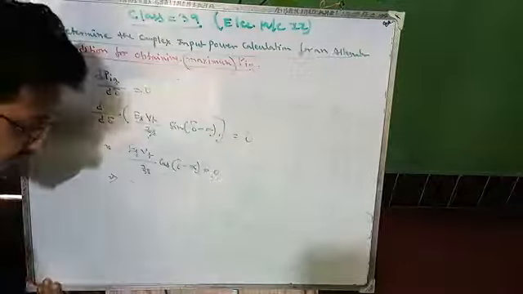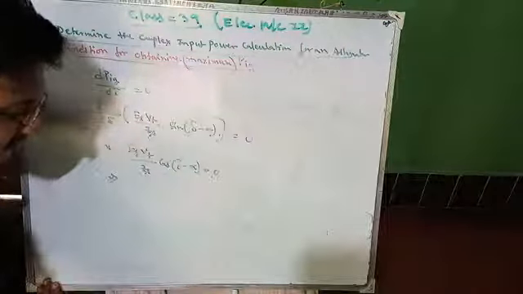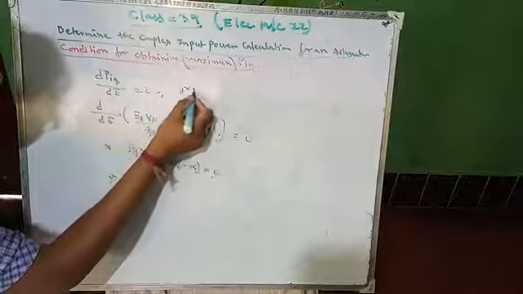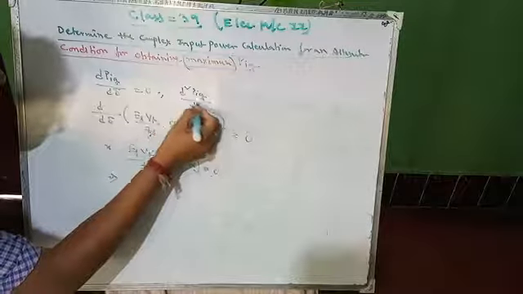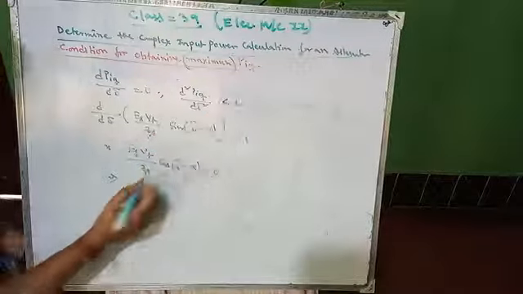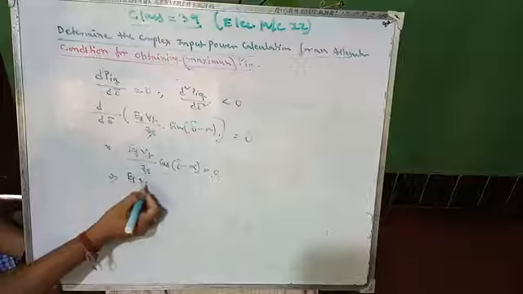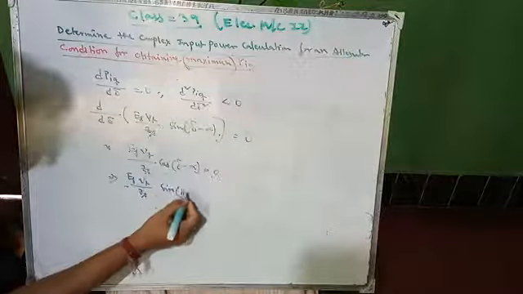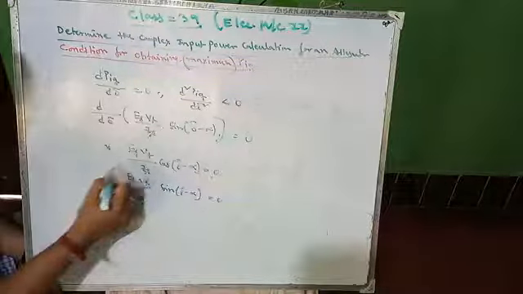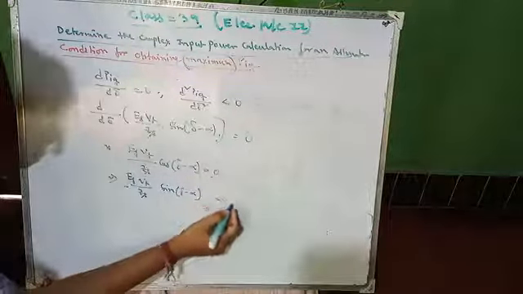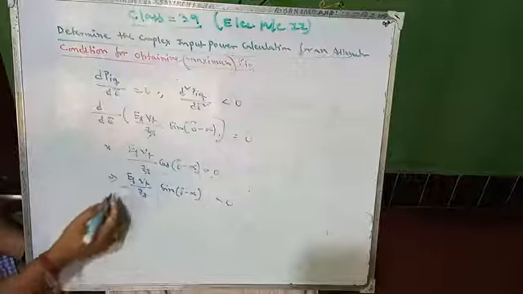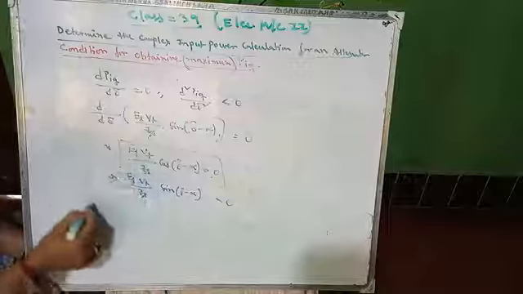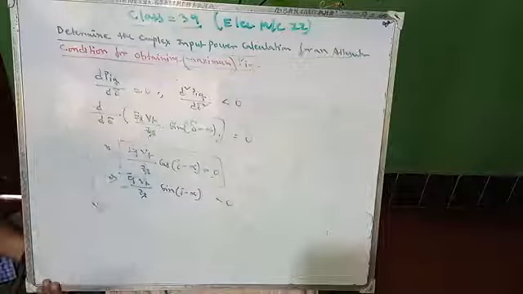So if we differentiate again, that means two conditions are there, right? For the first condition and the second condition, d2PIG by d del squared should be less than 0. So if we differentiate again, cos becomes negative, so minus sine of del minus alpha. See, this one becomes less than 0, right? Because of the negative sign over here. So this is the condition for obtaining the maximum PIG.